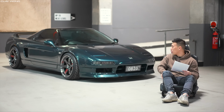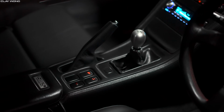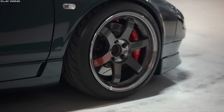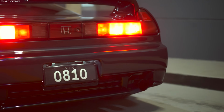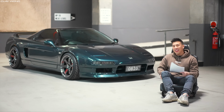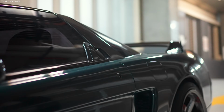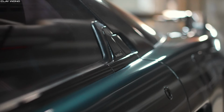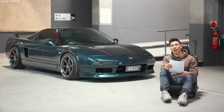I really enjoyed driving the car before because it was stock, it was easy to drive, and then going down the slippery slope of modifying it, making sure that it looks, sits, drives right, I then didn't really see the appeal anymore. Not because it wasn't fun to drive, it was even more fun to drive in a way that it was everything that I had imagined, but I reached a point in time where I was honestly 10 out of 10